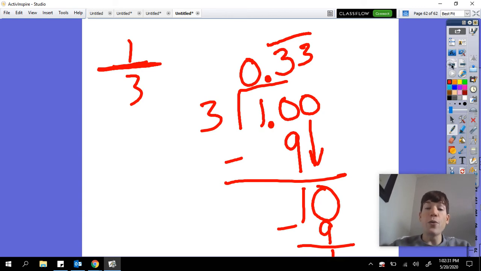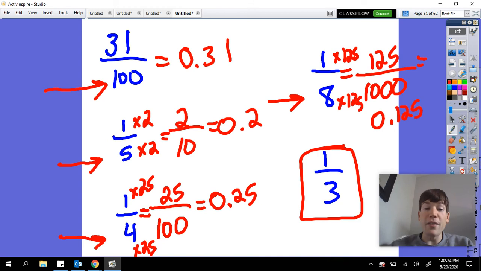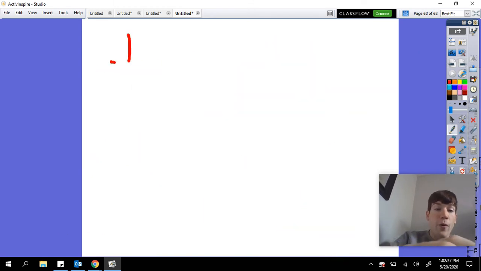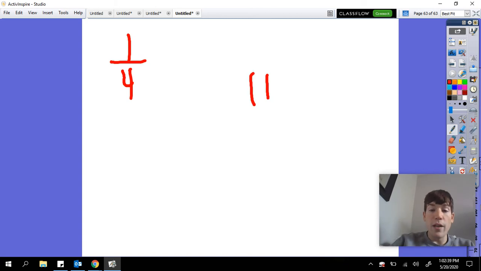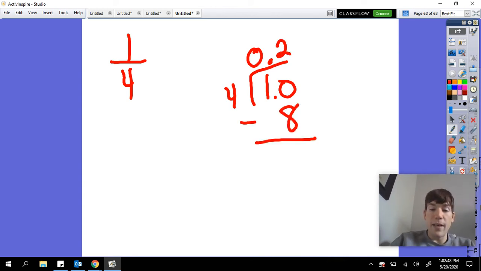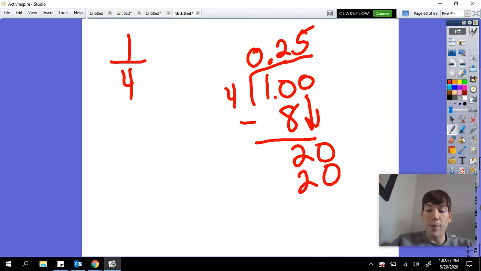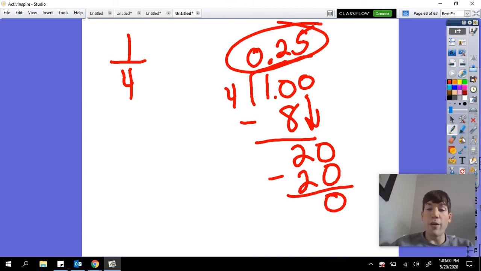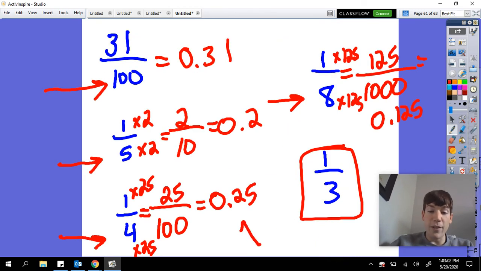Now, you can use, remember, this division method for any of these. For example, if I wanted to use it for 1/4, which we just did a second ago, 1 divided by 4, put down my decimal. How many groups of 4 in 10? That would be 2. 2 times 4 is 8. 10 minus 8 is 2. Add another 0, bring it down. How many 4's in 20? 5. 5 times 4 is 20. And we're done. Notice 1/4 is 25 hundredths. And it was 25 hundredths when we used the other method too. You can always use that division method in order to change a fraction into a decimal if that's the method